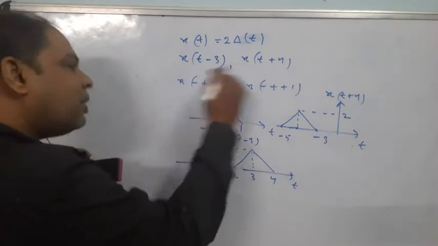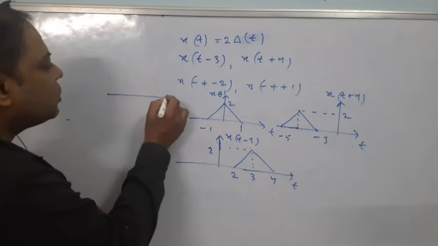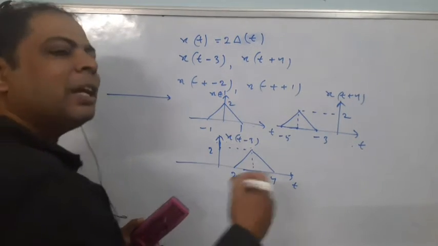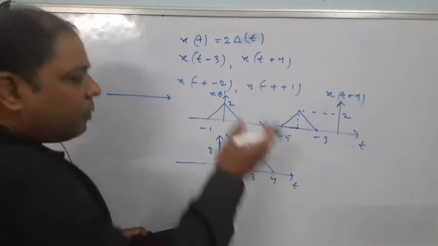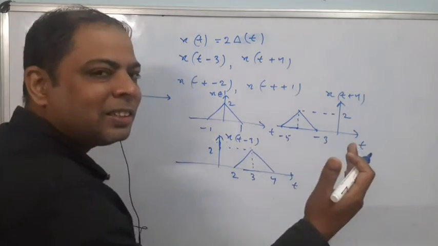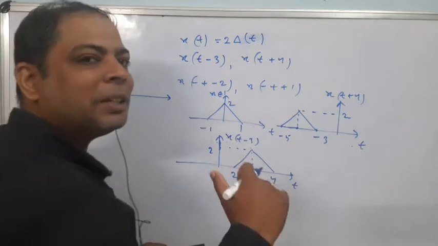Similarly, x of minus t minus 2. For this purpose, first you have to fold the signal. There are many methods, as I am telling: first folding then shifting. Actually, first shifting then folding you can also do, so that I will discuss later. You will find the same signal. But here, first folding then shifting, which means the shifting is reversed compared to the general case. This you have to remember. First folding, then shifting.